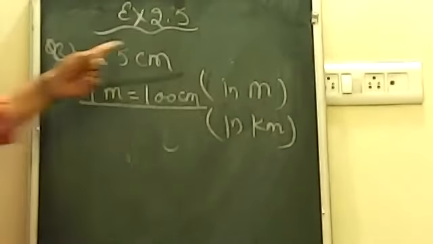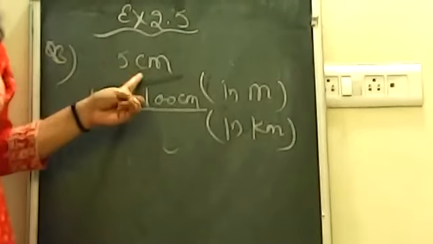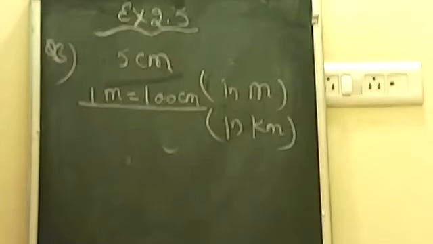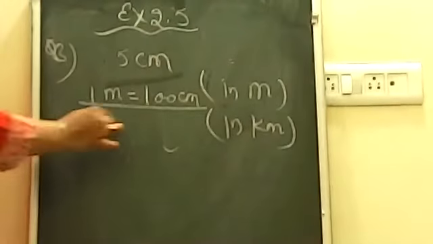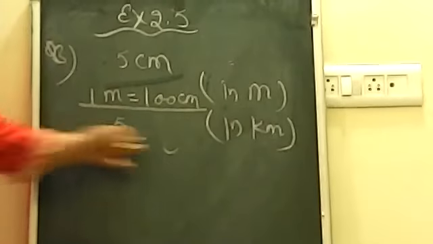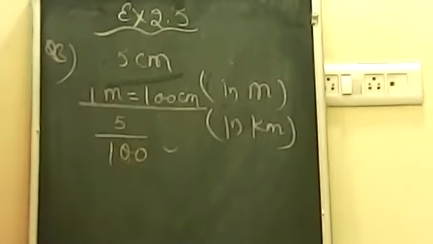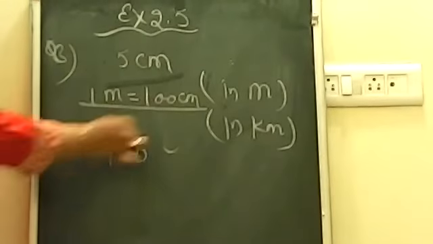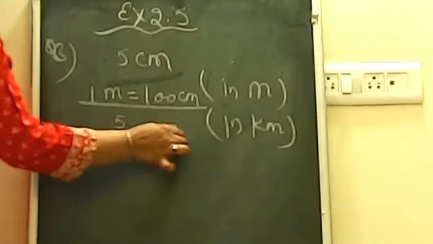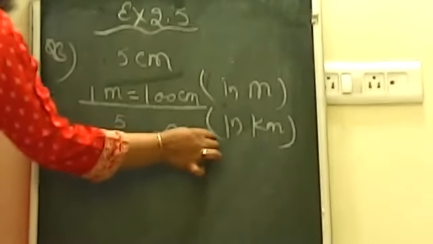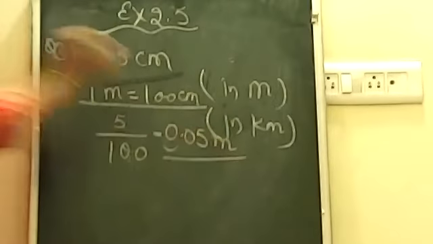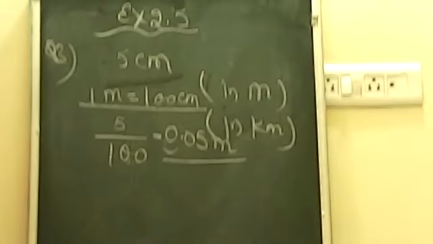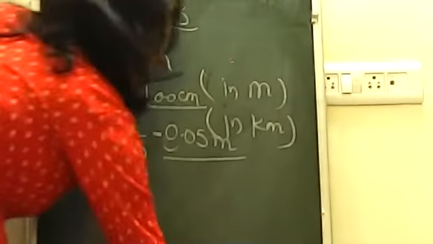But our question is in centimeter and we are converting into meter. It means we are doing smaller unit to greater unit. And the smaller to greater unit जब हम जाते हैं बेटा, we just simply divide. It will be divided by 100. And when you will divide it, it will give you 0.05 meter. This will be in meter now. ठीक है, 0.05 मीटर. ये तो हो गया हमारा in meter.